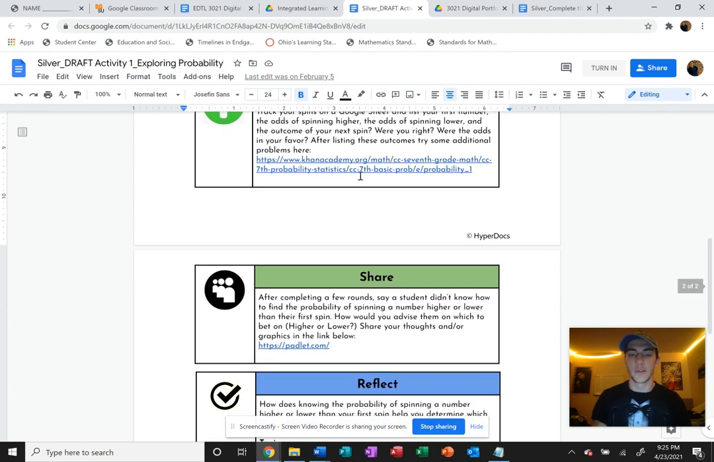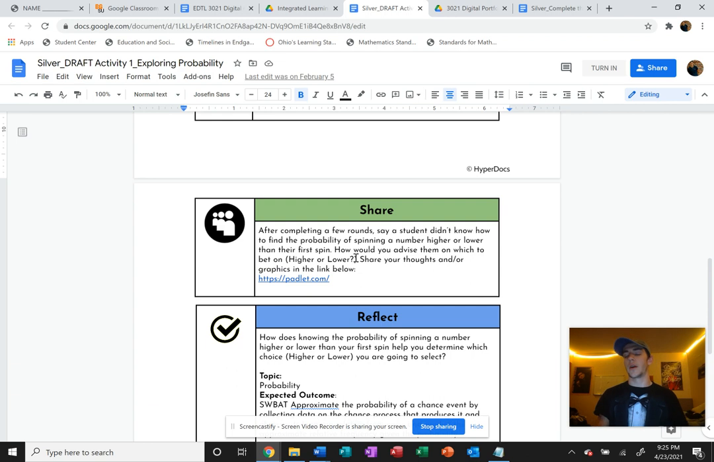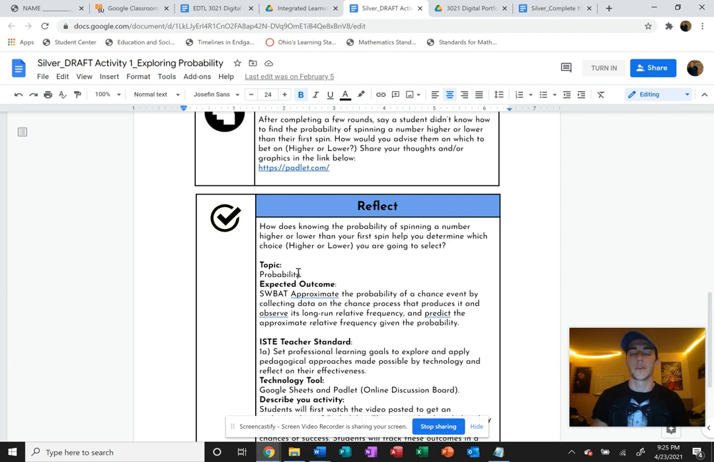And then once they record some outcomes, they're going to share with other students how they can use the information that they've learned from the game in order to predict how well they're going to do in the game in the future, that kind of thing. The topic Excel focusing high on that use of probability and appropriating the probability of chance by collecting data on the chance process that processes it and observes it in long time frequency. So that's the content specific